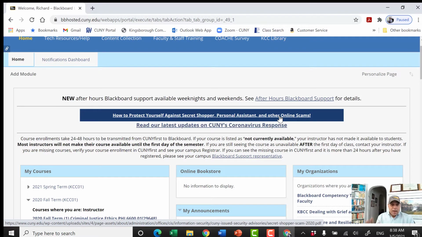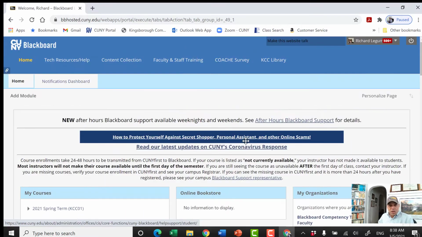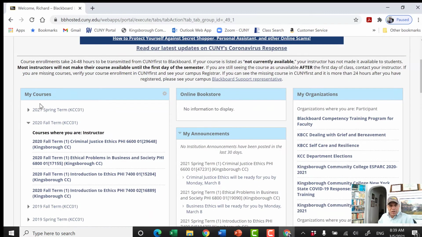I get this, and this is the page you come into in Blackboard. Notice you're on Home in Blackboard, and notice it says My Courses. Yours will probably say something about the courses you're taking here. It says Courses where I'm an instructor, and I'm just going to pick one of these out at random to give you an idea what my courses look like, because I arrange them more or less all the same.